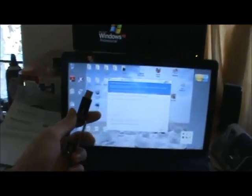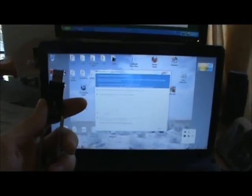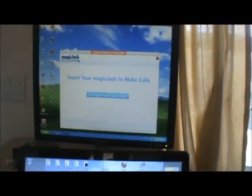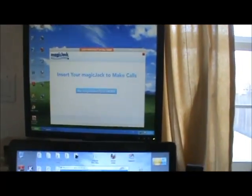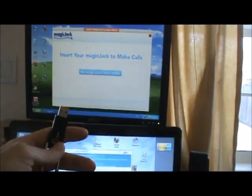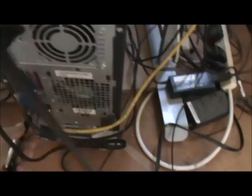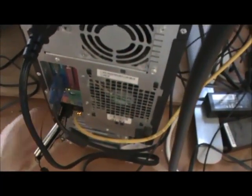Okay, so now you've got your Kickstart flash drive that you've created, and you're infected. Let's say this is your hostage PC. Let's say this is the warning screen. What you do is you take the USB flash drive, you plug it in. This is my hostage PC here, and I plug this USB Kickstart into the hostage PC. Now all you need to do is just